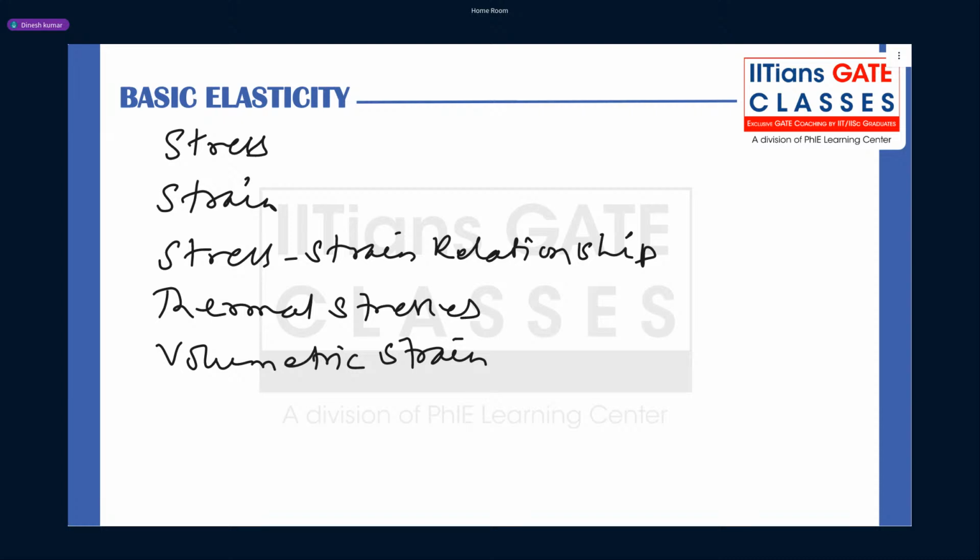From the GATE perspective, basic elasticity is a very important topic, whether it is in GATE Aerospace, GATE Mechanical, GATE Production Engineering, or GATE Engineering Science paper. At least always basic elasticity is asked for between 2 to 6 marks. Sometimes for 2 marks, sometimes 4 marks, and in fact, in some papers of GATE Aerospace and GATE XE, basic elasticity was asked for up to 6 marks.